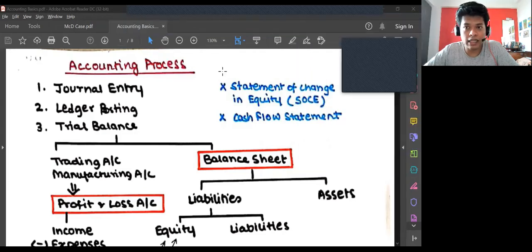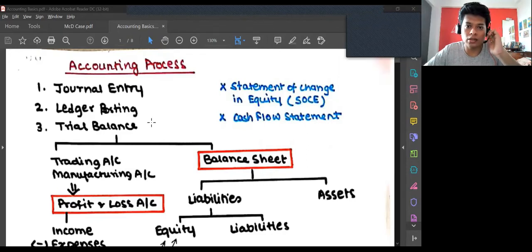Okay, right. So now the accounting process. In the accounting process, the entire process starts with journal entries. So firstly, what do we record in the books of account? Not everything. Let's say I take a decision to buy a land. That decision is not a transaction. We record transactions only. So whenever, let's say in a board of directors meeting, I decide to purchase land, that is not a transaction. When I actually purchase the land or when I actually pay the person, these things are transactions.